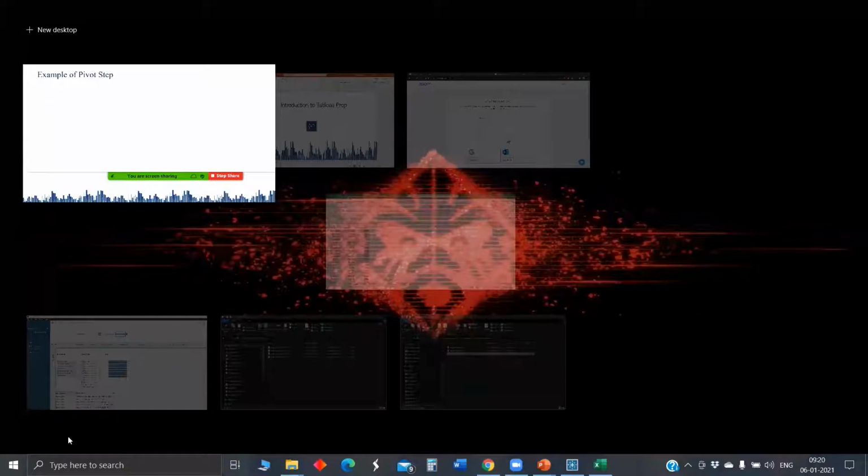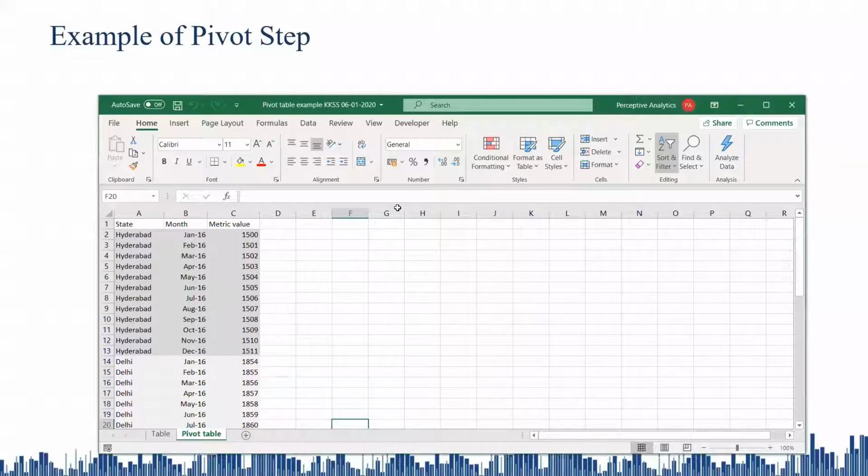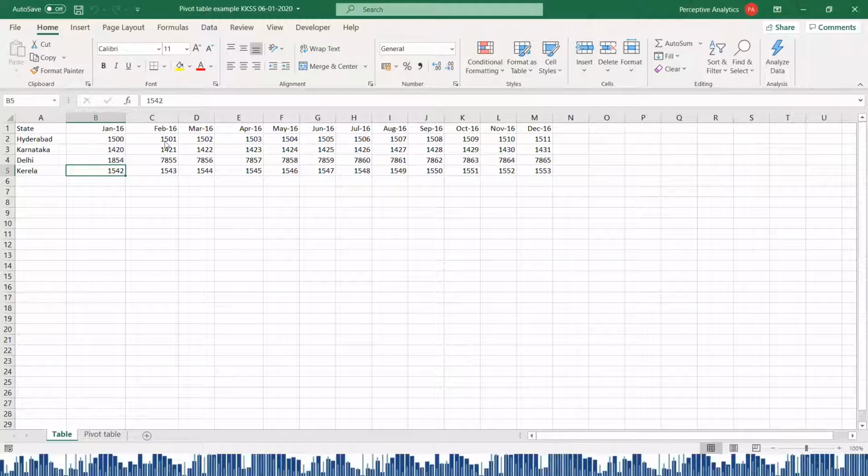So assume a case where we have state and the distribution of some metric across the months. When you add this directly to Tableau, state will be one field and these 12 months will be generated as separate fields. So in total 13 fields will be there. But when you would like to filter particular months or so, it will be difficult and you can't do it. Even I think Swap faced this situation sometime while working on a project and we discussed.